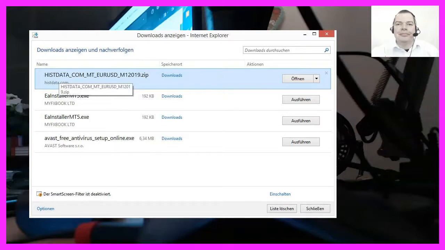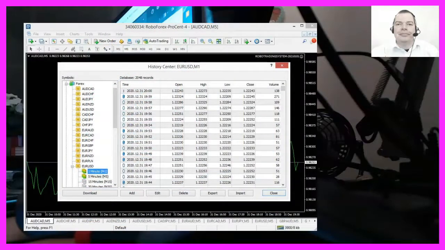We need the data for 1 minute, and after the download, we can press F2 in MetaTrader to open the History Center. There you need to pick the right currency pair and the right time frame. This is one of the biggest problems with MetaTrader 4, it is very easy to import the data for the wrong currency pair. So check that twice before you import any data. Afterwards you should see the imported data in the list.